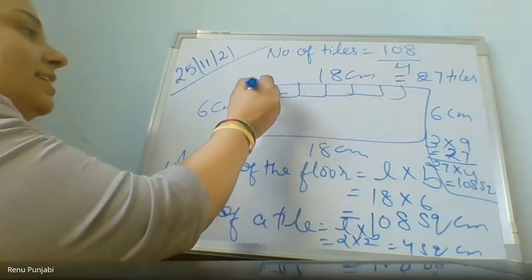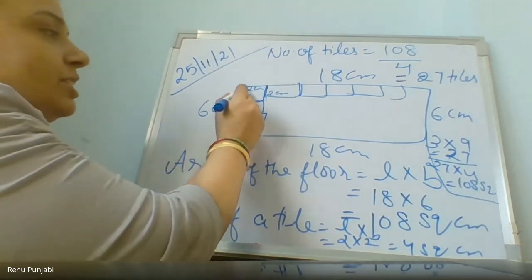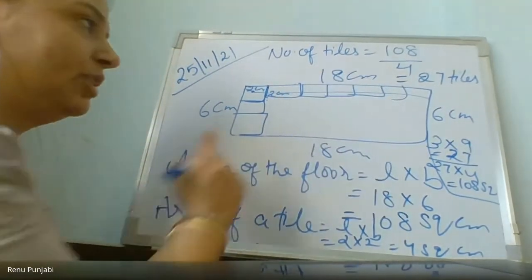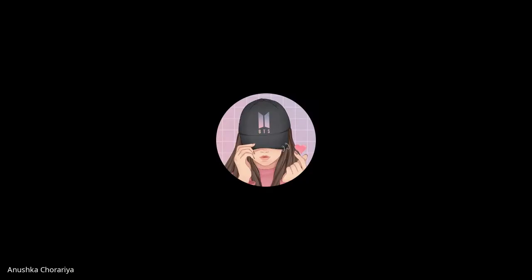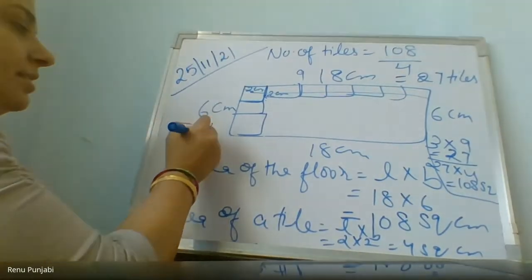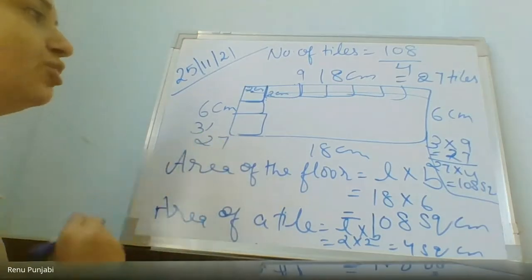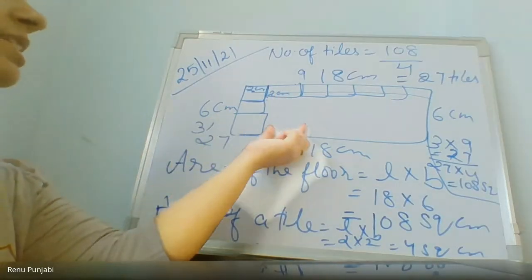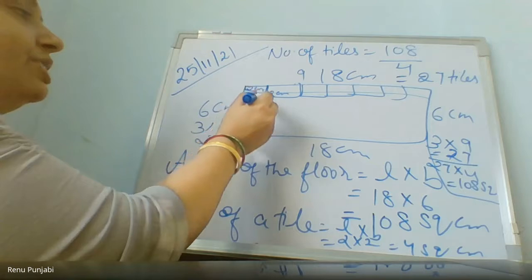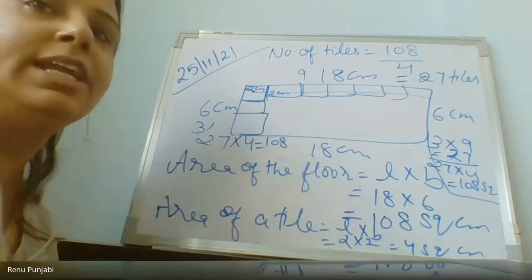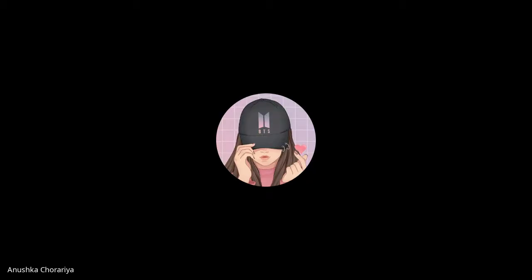How, beta? There are these, this is 1 square. As you know, this is 2 centimeter. So 2 centimeter, how many are you going to arrange in the length? Because it's 18 centimeter. Yes, 9 only, no? So 9 in the length and 3 in the breadth. So it will give you 27 tiles to be arranged in that field. If 27 tiles are being arranged in that, and you know the area of each tile is 4, when you multiply with the 4, it will give you 108, the area of the big field. Okay, ma'am, I understood.